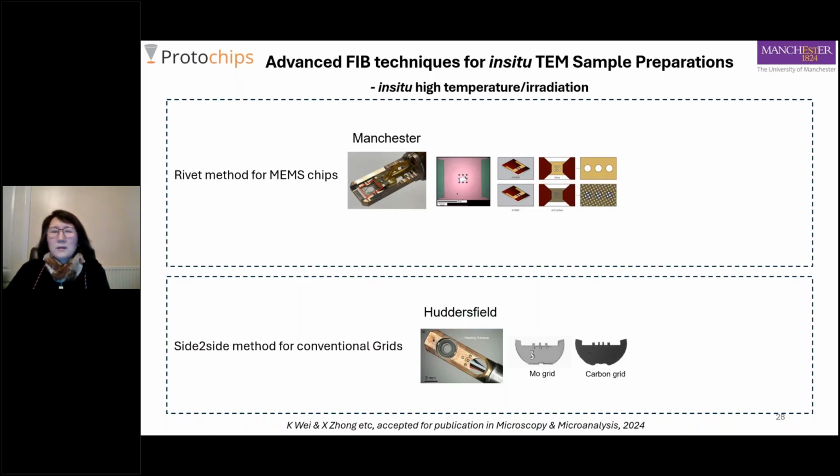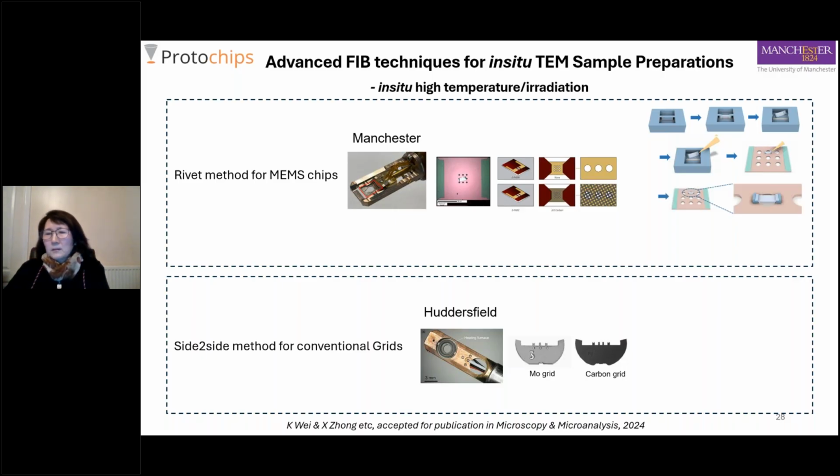So in these studies, basically we developed two methods. One is what we call the revert method for MEMS-based chips, and the side-to-side method for conventional grids. For the revert method, you first mill your sample on your bulk, whatever localized area you wish to study. Just choose that area and mill the thin lamella, and then use the in-situ lift-out optical glass ladle to lift out and place on the prototypes holder,